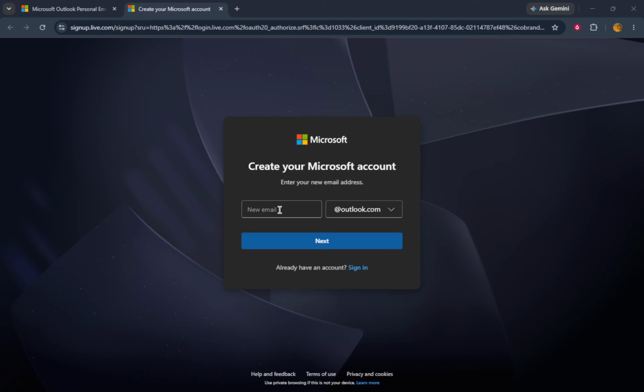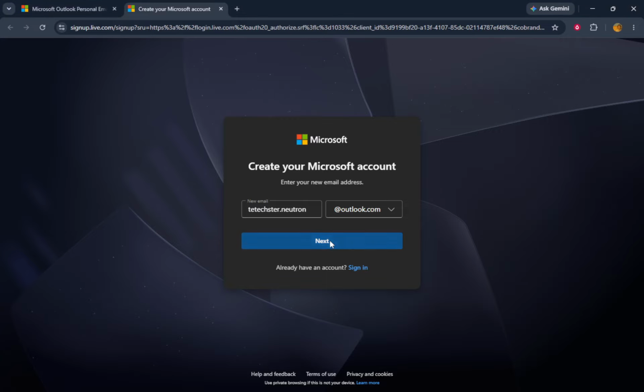your new email. After that, enter the email address you'd like to use and choose an @outlook.com address or another available Microsoft domain if offered. This is your chance to personalize your email address. Choose something that you will remember easily. Whether it's for professional use or personal correspondence, this address will represent you in your communications. Make sure to check its availability as you type.